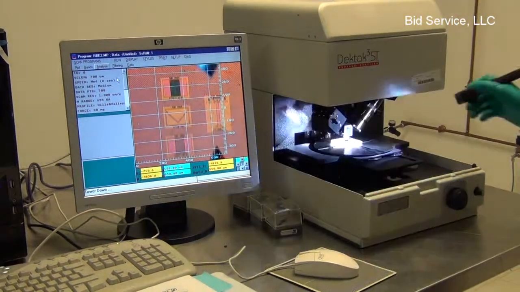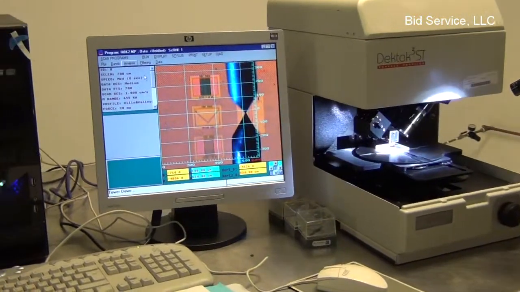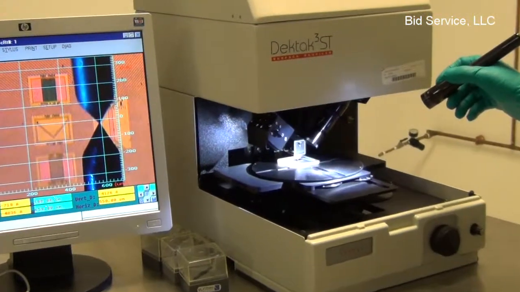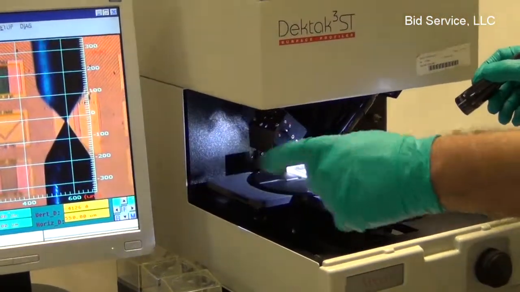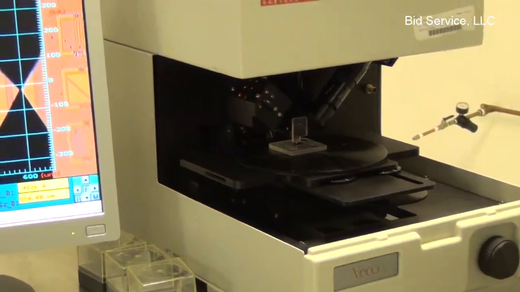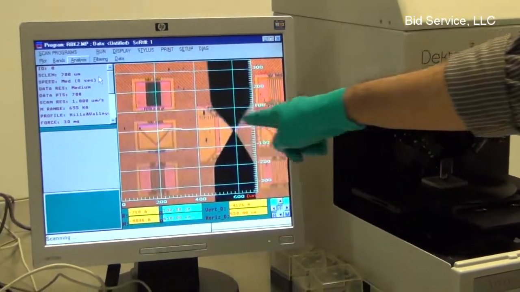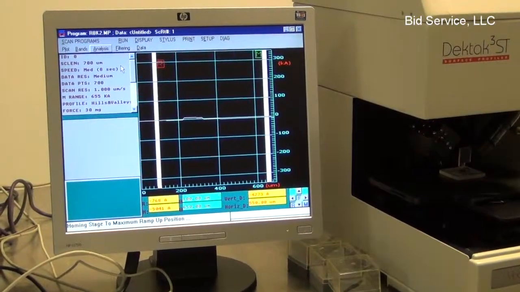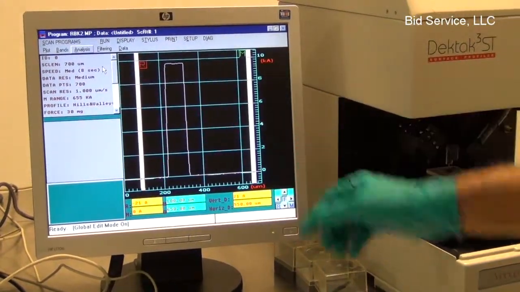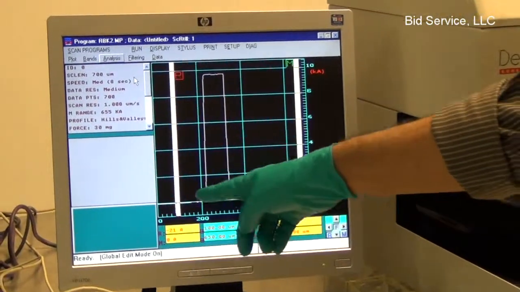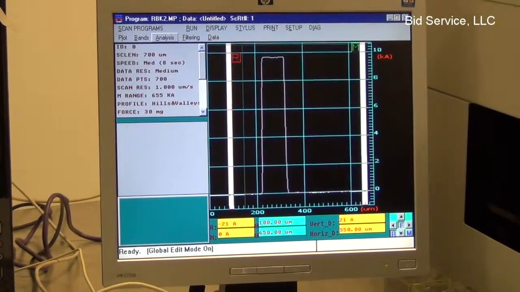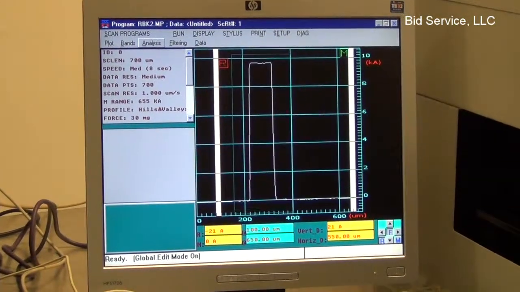So the tower is coming down at this moment. And there is a time delay for starting the scanning, and at this moment the scanning is just initialized. We can see the trace while it is scanning. These are the reference and measurement bars. The unit already leveled it, and we can also select the window